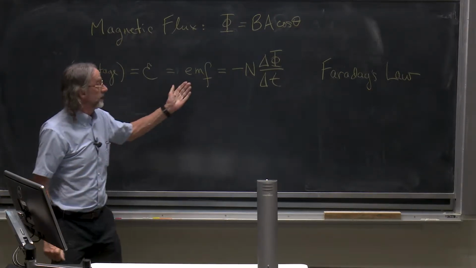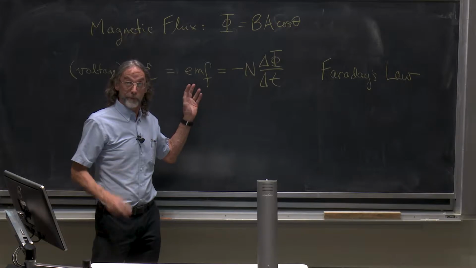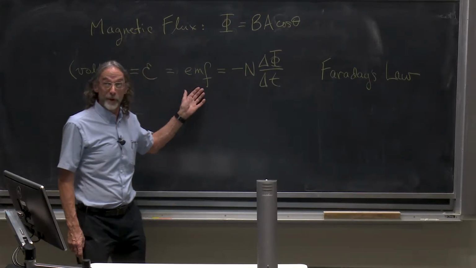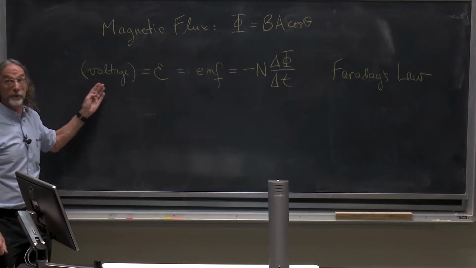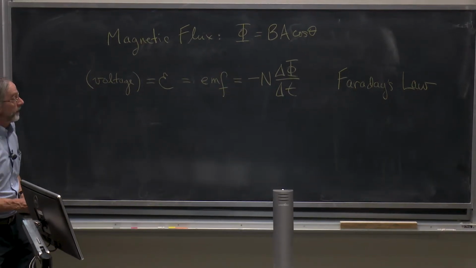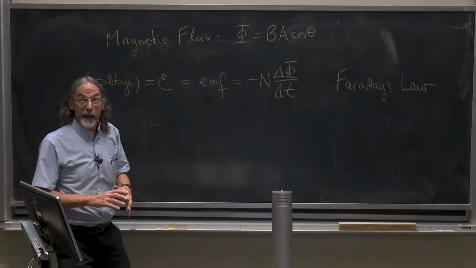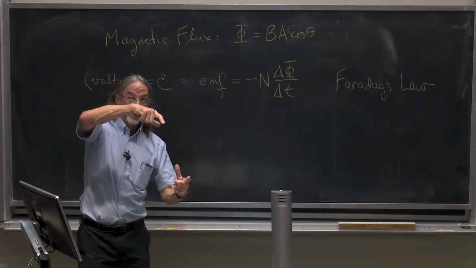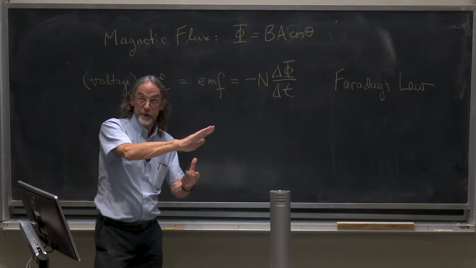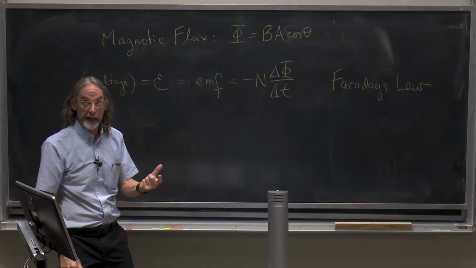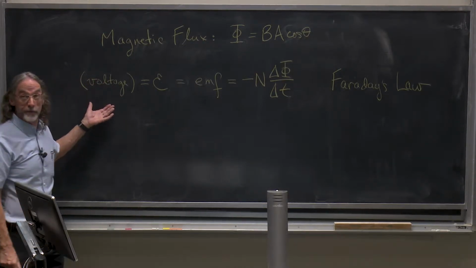Faraday's law says that the electromotive force, remember the EMF or electromotive force is actually not a force, but it's a voltage. And that voltage is induced around some path, and we get a voltage induced around a path whenever we change the magnetic flux through the area encircled by that path. So Faraday's law is very simple.